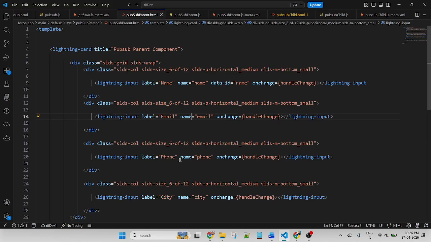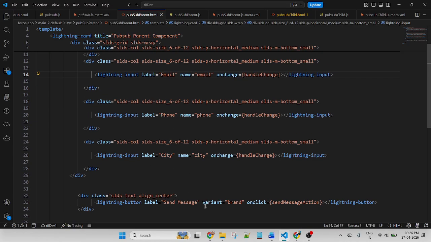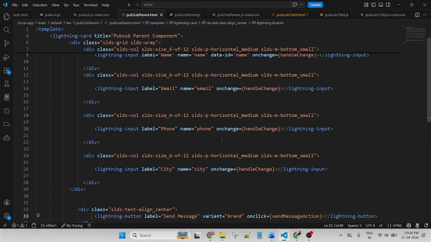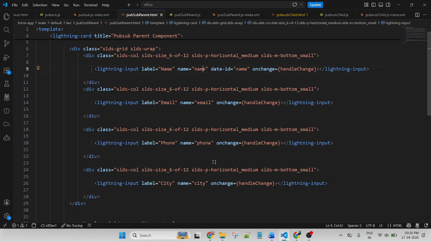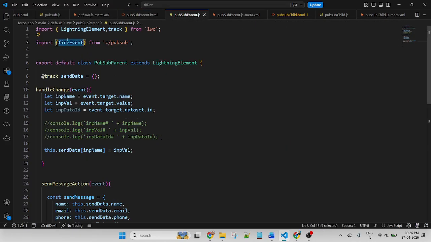Okay. In the parent component, I created four types of input fields at the bottom. This is a send message action function. For each and every input field, I pass a handle function and name. So this is a track. Based on the name track, I am getting the current value and storing it into the object here.